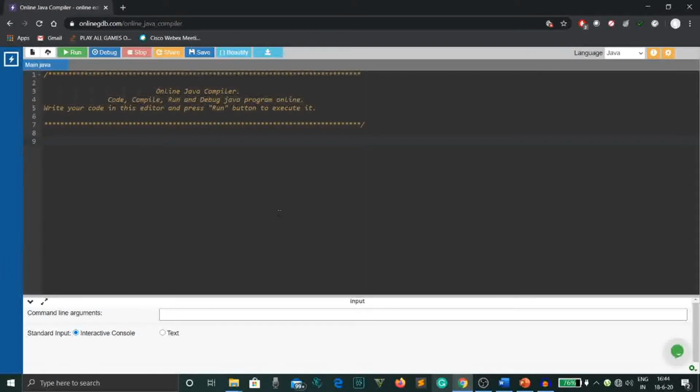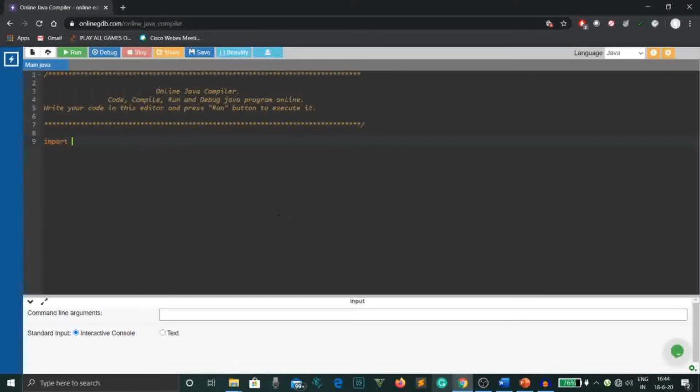So in this program again, we're going to take a user input. Here the user is going to enter his or her choice, and based on that we will produce an output. For example, if the user inputs 1, Monday should be printed. If he or she presses 2, Tuesday should be printed, and so on. So again, we'll have to use the Scanner class here to take the user input, and the syntax to import the Scanner class from the utility package is as follows.